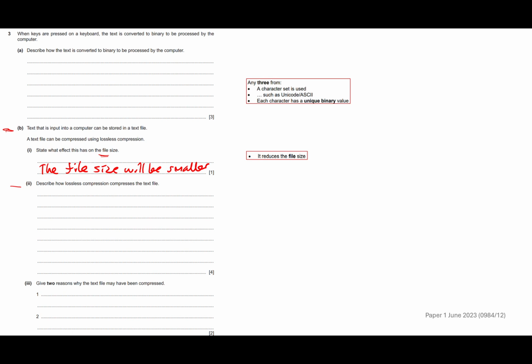Right, so all compression methods use an algorithm, so we can start off by saying that. So use a compression algorithm, and in this case for lossless compression, the compression algorithm will look for patterns in the data, and then try and replace the longer patterns or sequences of data with a shorter pattern or sequence of data. So use a compression algorithm to look for repeating patterns,